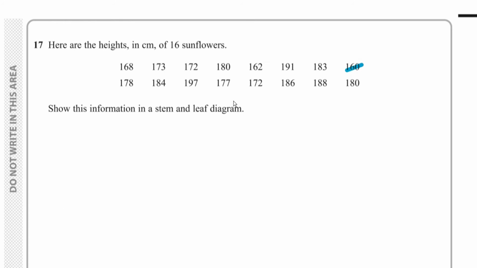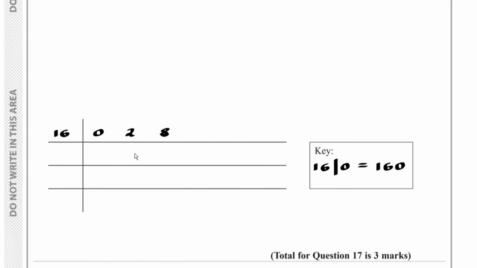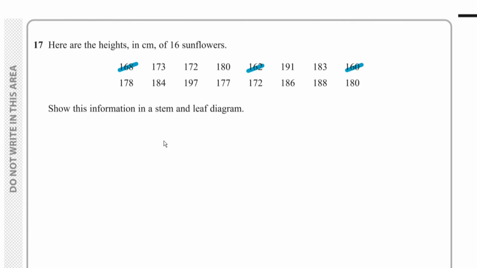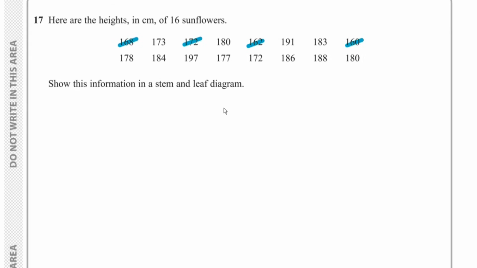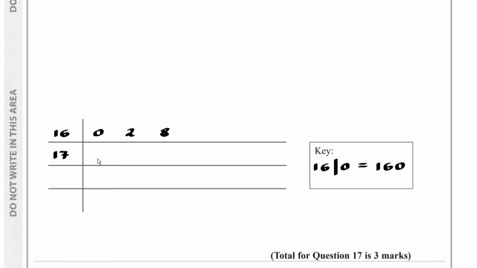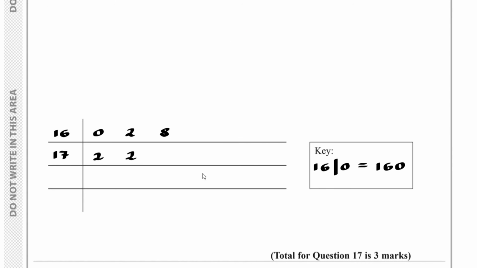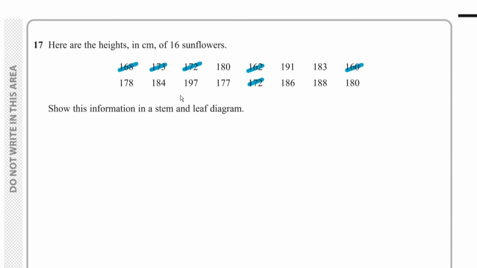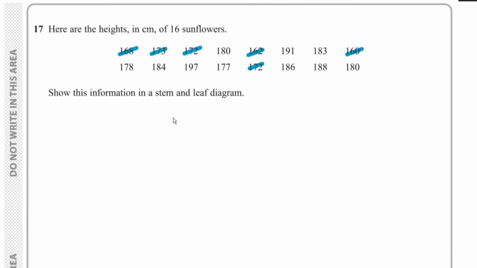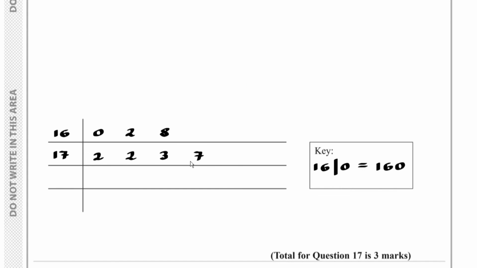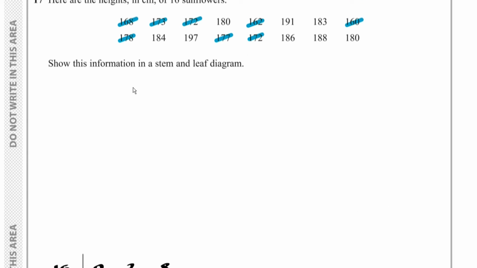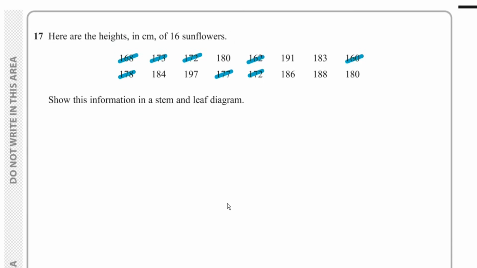So the next one is 162, so we put a 2 here. The next one is 168, so we put an 8 here. The next one is 172, so we put 17 here and then a 2 here. The next one, again 172, so we put a 2 here. The next one, 173, so put a 3 here. Next one, 177, so put 7 here. Next one, 178, so put an 8 here. Then we've got